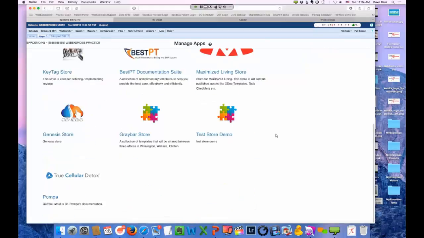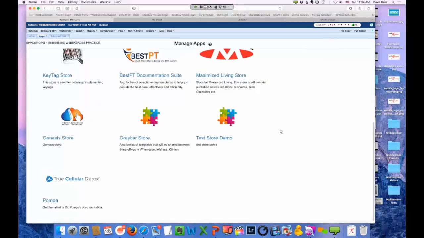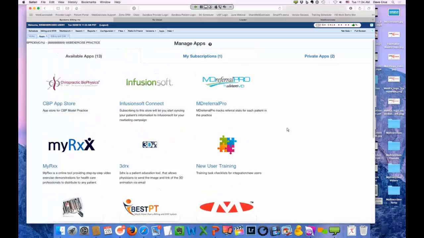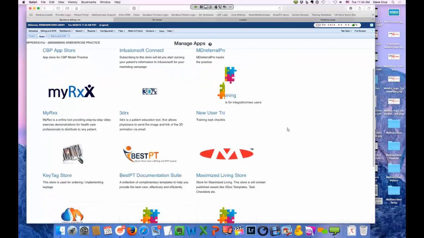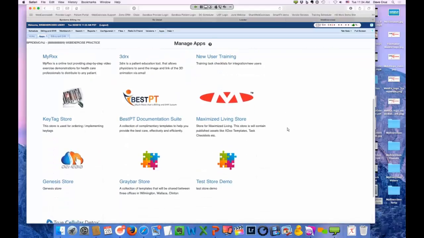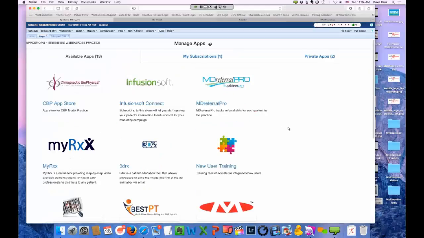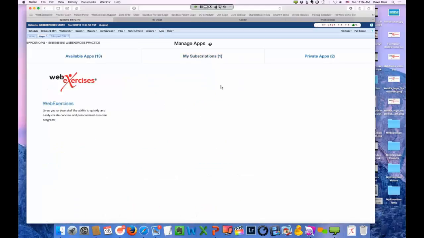So this is an app store, and you have actually, because you're in a demo account right now, access to a few of them that we wouldn't show just about anybody or everybody, but that's okay. And scroll right back up to the top, Dr. Cruz. Yep. You see the My Subscriptions? Click on that one. This one's already subscribed, this account, so it would be under available apps for anybody else, but you can simply click on the WebExercises app in your app store.